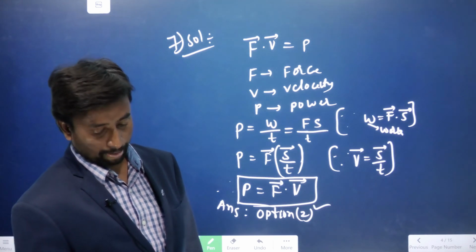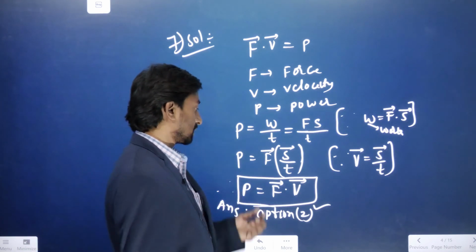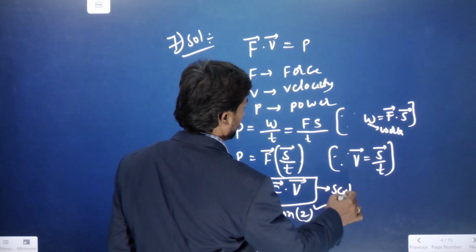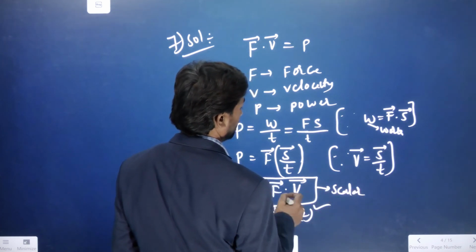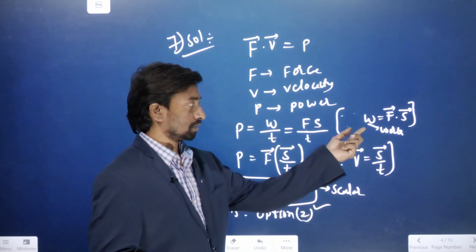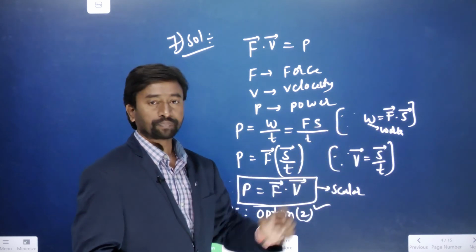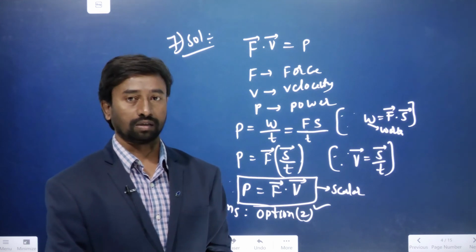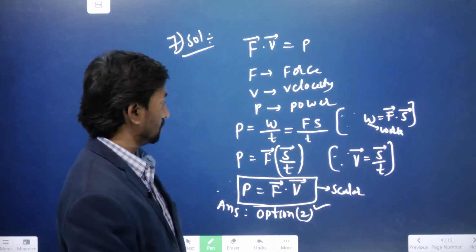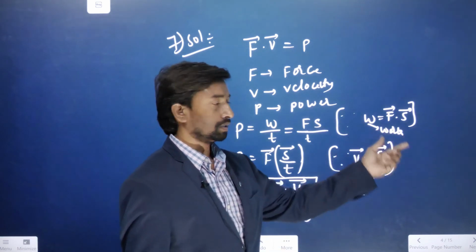Work done is a scalar. Power is also a scalar, because it is a scalar product, that is, a dot product. A dot product results in a scalar. The dot product of two vectors is a scalar, so the result will be a scalar quantity. Work is a scalar quantity, and even power is also a scalar quantity. So for the eighth question, the answer is option